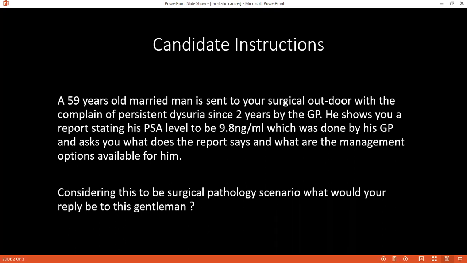Following that, we put a transrectal ultrasound probe and visualize the prostate from within the rectum, which will be pear-shaped. Then we divide the prostate into two sides, and on either side, it will be an anterior, middle, and posterior section. Under ultrasound guidance, first we infiltrate the local and numb the area. Following that, with the help of a 14-gauge needle, we put in the biopsy gun, and we take biopsies